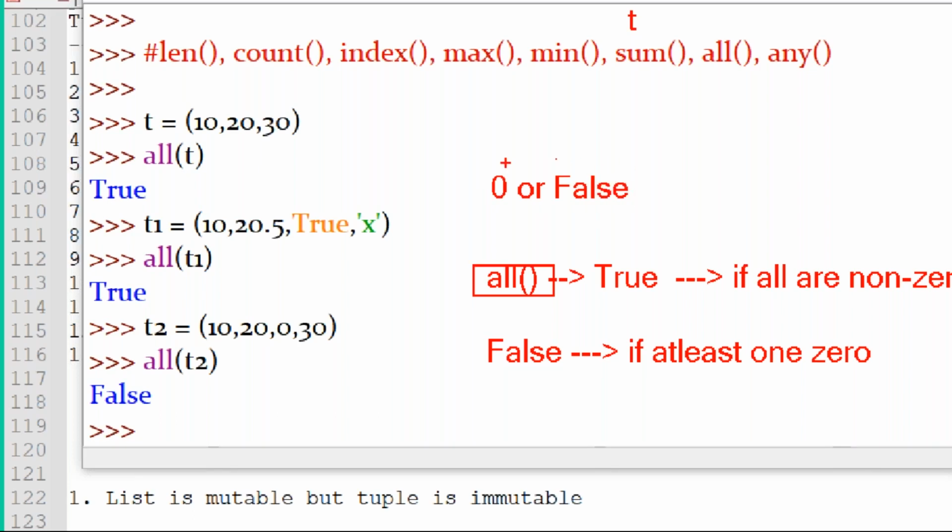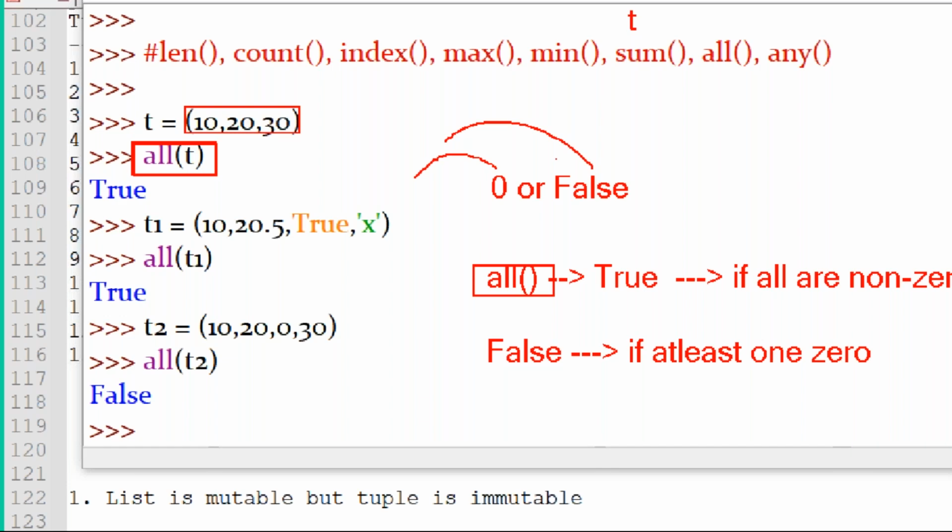If you have at least one zero or at least one false, then the all function will give false. So the all function can be used to check whether the tuple has all non-zero values or not. Non-zero means except zero and false; the remaining are all non-zero values.